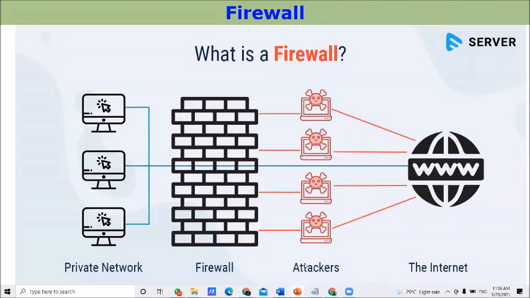Here they are named attackers. Various forms of attackers you can find through the internet, right? If you have a firewall between the internet and your private network, then these attackers are not able to easily attack your network, right? The firewall gives the security for that. Therefore, it is not an easy task for the attackers to attack your private network. That's the simple diagram that explains the firewall. Right. Draw this diagram in your books.